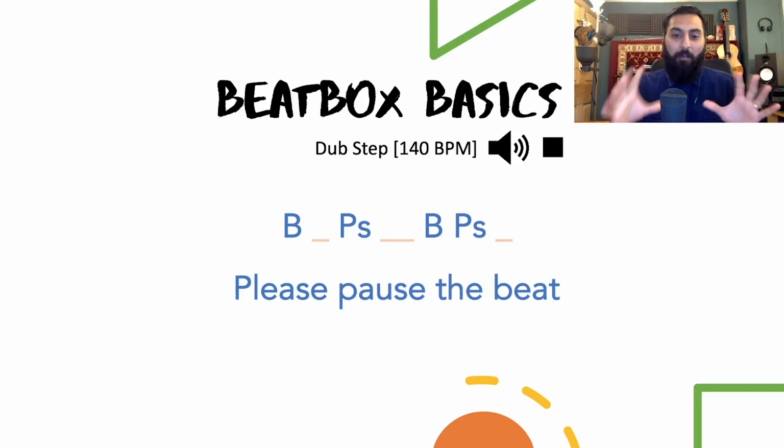But don't worry, I'm going to break it down a little bit more so you can understand the beat a little bit better. So imagine it as 1, 2, 1, 2, 1, 2, 1, 2. Please pause the beat. 1, 2, 1, 2. The reason I say 1, 2, 1, 2 is because you've got two lots of sounds. So you've got the first kick and snare and you've got the second kick and snare. They're next to each other.